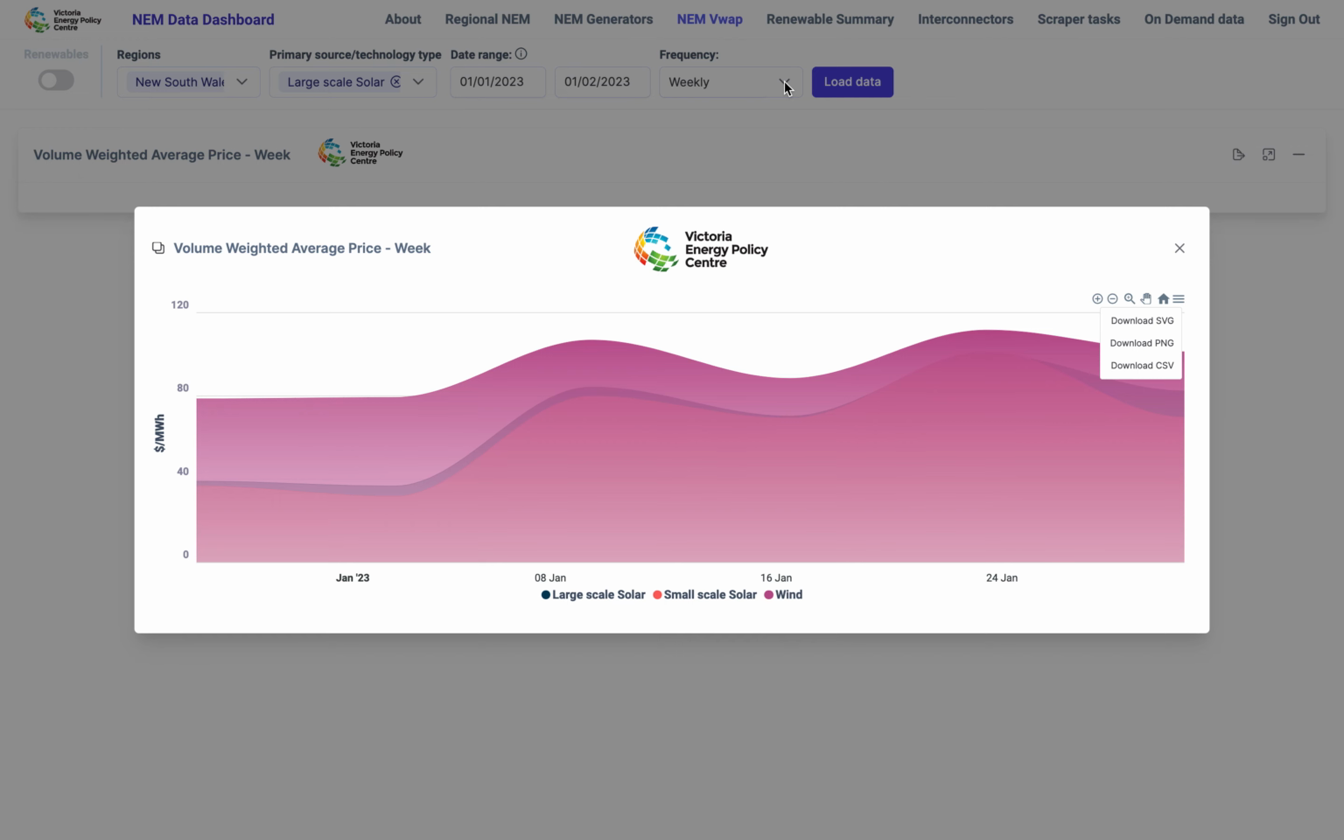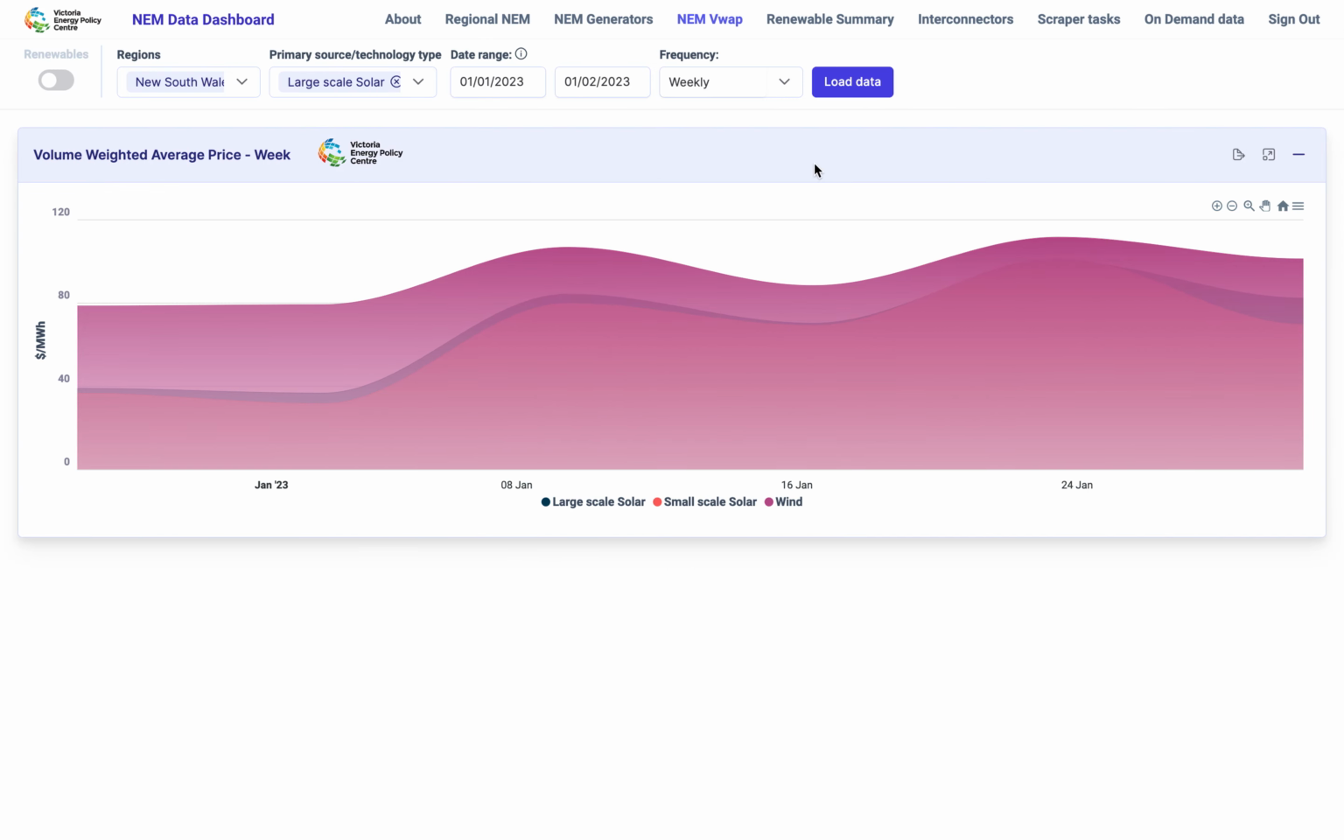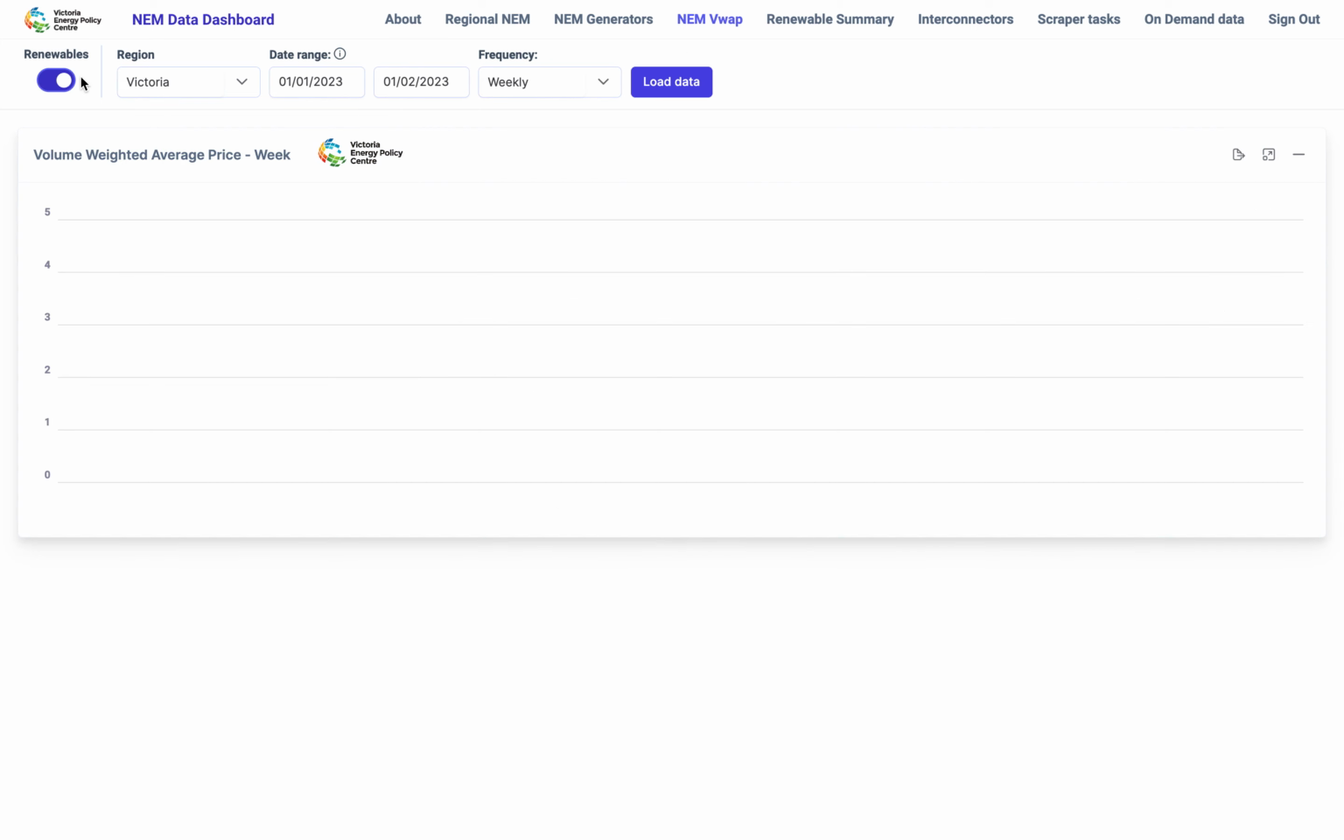You can go all the way, of course, to 5 minute. The 5 minute volume weighted average price is, of course, just the price, because you're not waiting over a time period. You're going all the way down to the root data. If you wanted to just look at renewables, there's a shortcut key here. Click on that, and